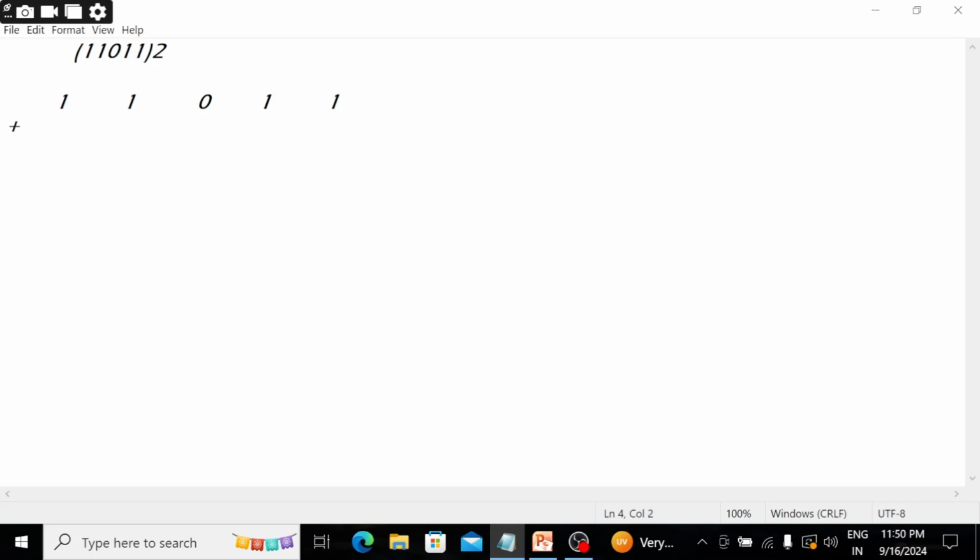Then add the numbers like this. Take the first number the same, that is 1. Then add the upper number, that is 1, with the next number, that is 1. That means a binary digit added to a binary digit, 1 plus 1 is 0, and the carry is discarded. And then the next binary digit 1 is added with the binary digit 0, 1 plus 0 is 1.